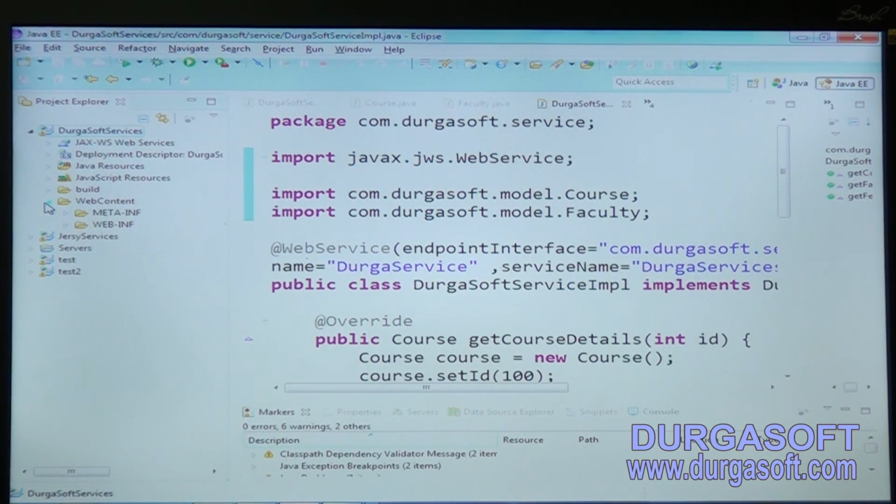Now I have the JAX-WS library. The next thing is we need to configure the servlet, the servlet that is provided by JAX-WS. So we have to use that servlet. How can I configure that servlet? In web.xml,